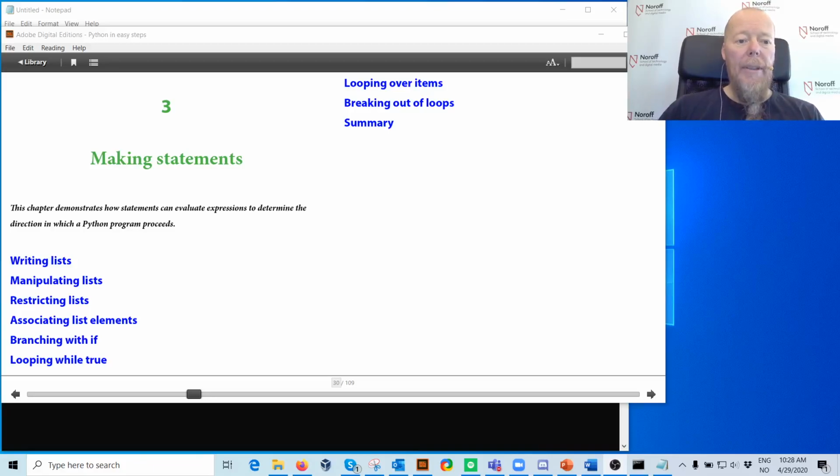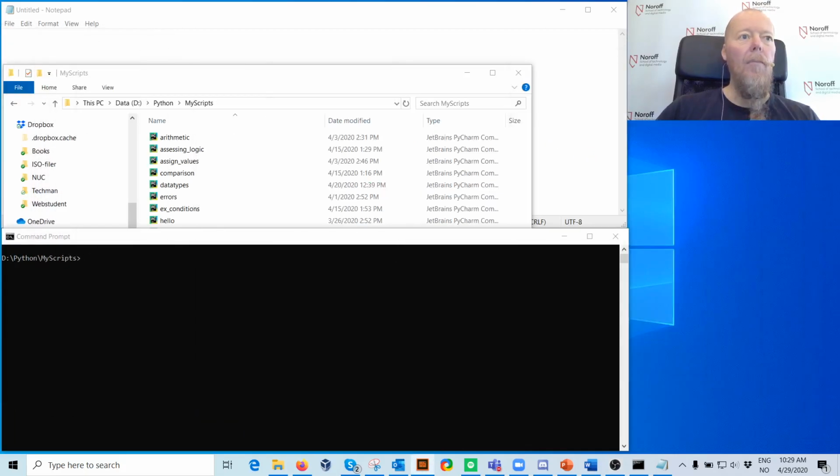So now looking at chapter 3, making statements. Apparently we're going to look at how statements can evaluate expressions and determine the direction in which a Python program proceeds. We're going to look at writing lists, manipulating lists, restricting lists, associating list elements, branching with if, looping while true, looping over elements or items, breaking out of loops. That again seems all Greek to me, but hopefully we will get there. So let's move that out of the way